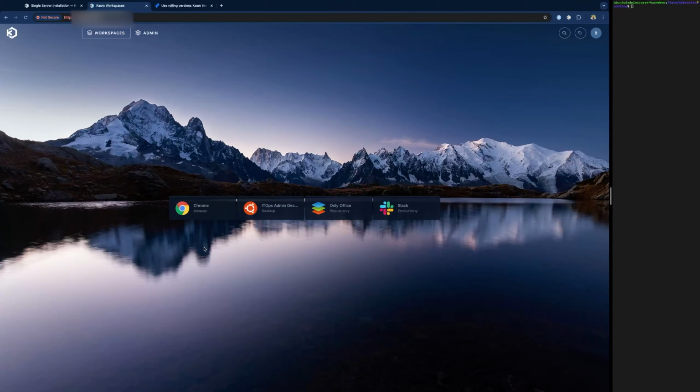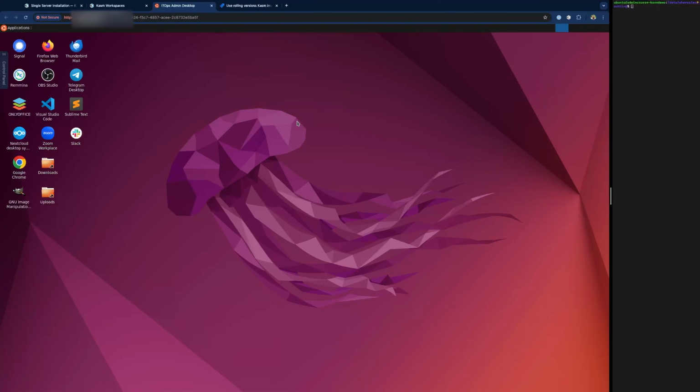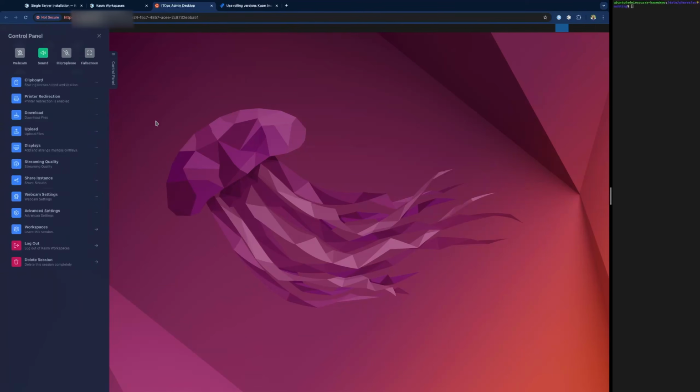For workspaces, again, we created that clone, maybe a more modified desktop for IT ops to use. And then we'll just go ahead and launch it. Again, we did that one exercise for Brian where we put the syllabus file on the Ubuntu Jammy desktop. We had cloned this one before we had done those settings, and so this is the first time Jill's logged in and she doesn't have that file mapping, as it is not part of this configuration build.